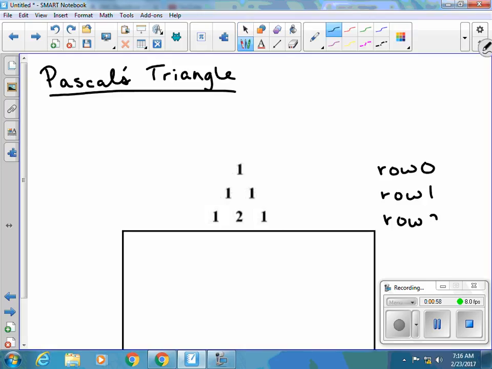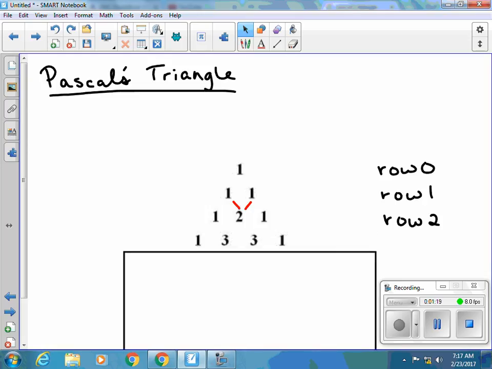And to give you an idea of how they form this, you will always have a 1 on the left and right outside numbers. Then the middle numbers are made up by the row above it. So 1 plus 1 gives us 2. So now when we look at row 3,